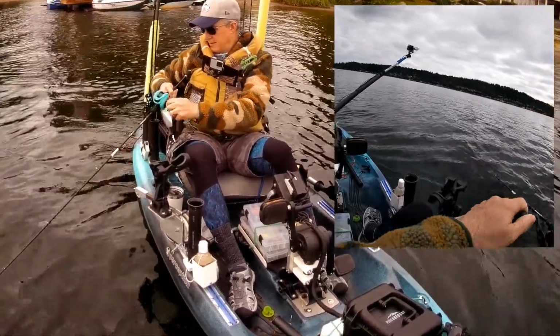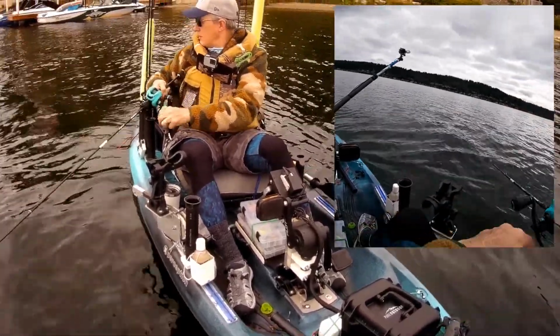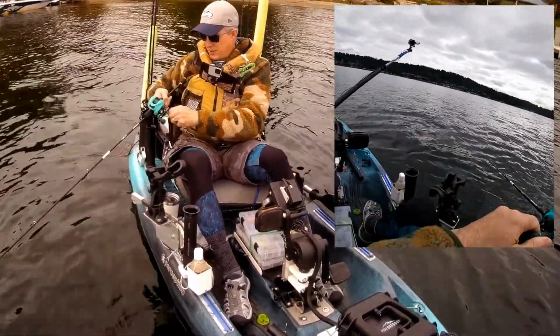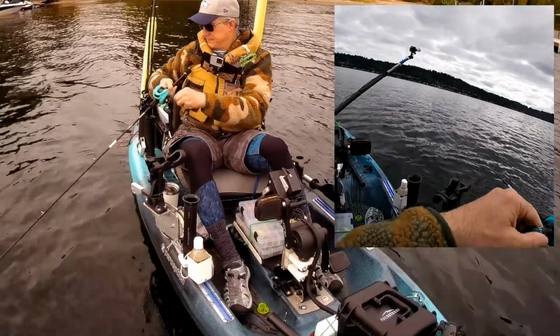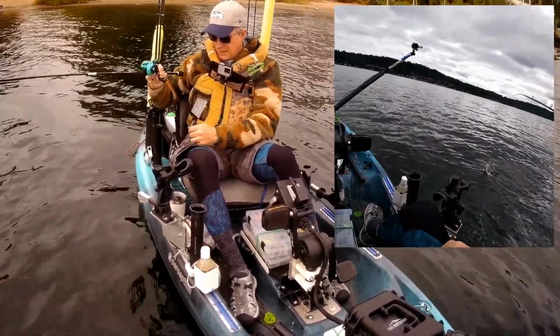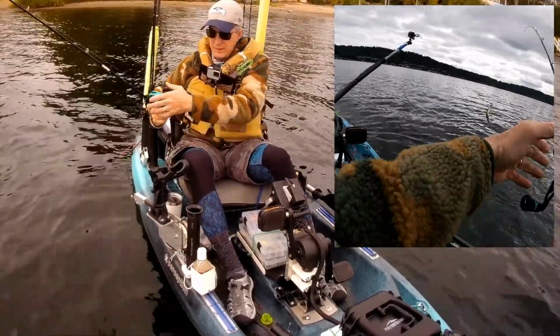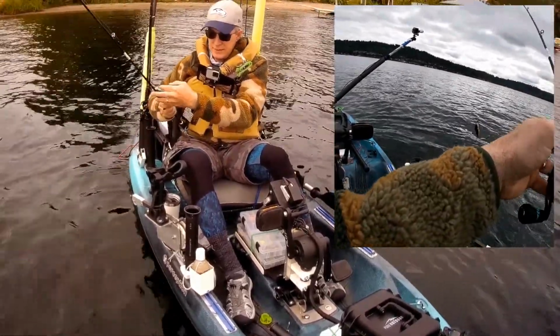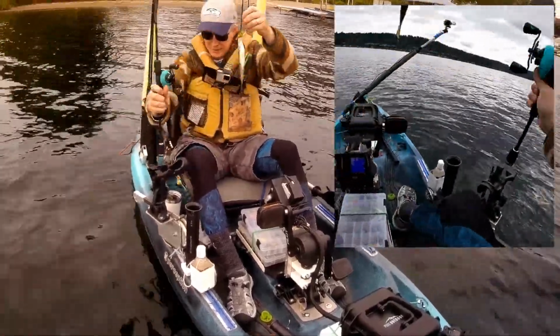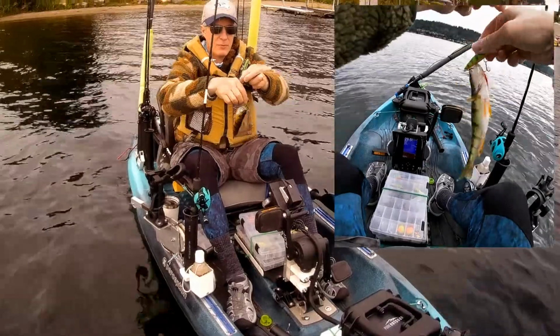Getting a lot of hits. I think they're mostly small perch, but that's all right. I enjoy catching them. Yeah, not too bad. He's like marginally eatable. Unfortunately, I did not bring my